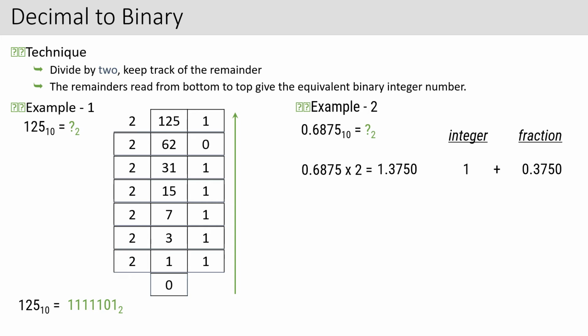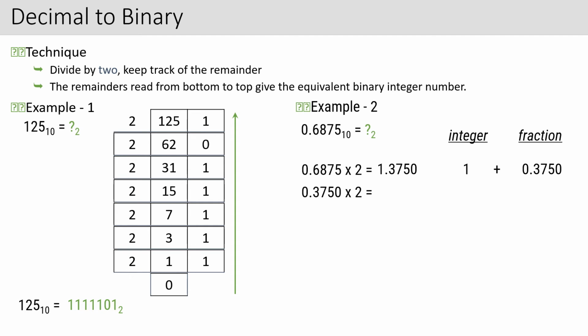Okay, integer and fraction: what is the integer here in this number? The integer is 1, and the fraction is 0.3750. Then the fraction which you get, you multiply it by 2. Are you getting what I am supposed to do? When you have a number without any decimal, it is very simple. Just go on dividing by 2 and write down the remainders, until you achieve 0. Then you take the remainders from the bottom to the top, and you get your binary number. But what if the number is a fraction?